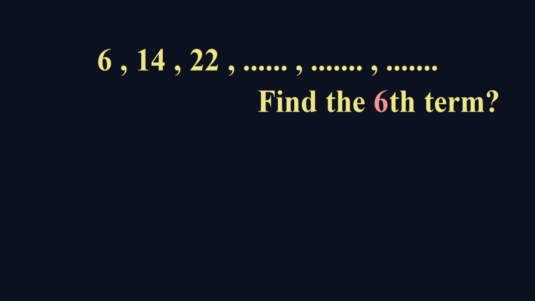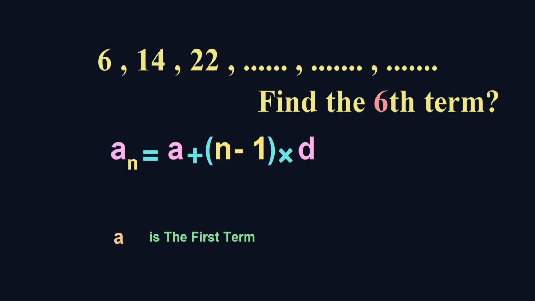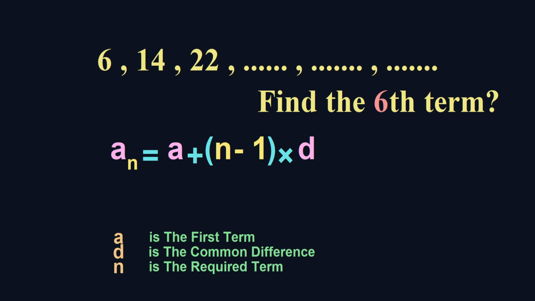In this method, we use the formula a_n equals a plus (n minus 1) times d, where a is the first term, d is the common difference, and n is the required term. From our problem, the first term a equals 6, the common difference d equals 8, and the required term n equals 6. We substitute the values of a, d and n into the formula, and we get that